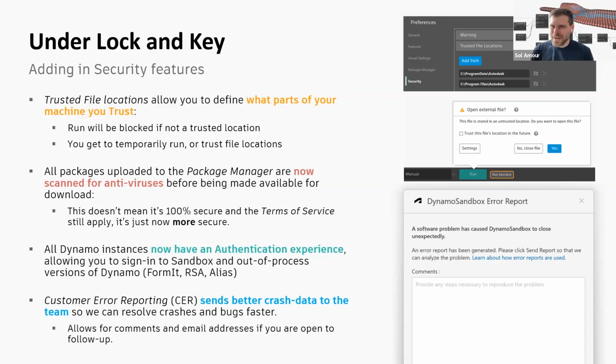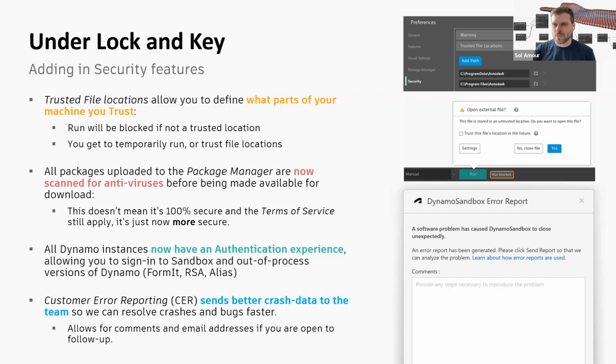They get scanned when they are loaded up onto the package manager. Again, there have only been a handful that we've been testing that have contained malicious code, and sometimes people might be uploading things that they don't know are malicious. So take this with a grain of salt, but nothing so far that we've found is dangerous. What it does mean, though, is that the standard terms and conditions of using the package manager still persist. So it's more secure than it was in the past, but it doesn't mean it's guaranteed to be 100% secure